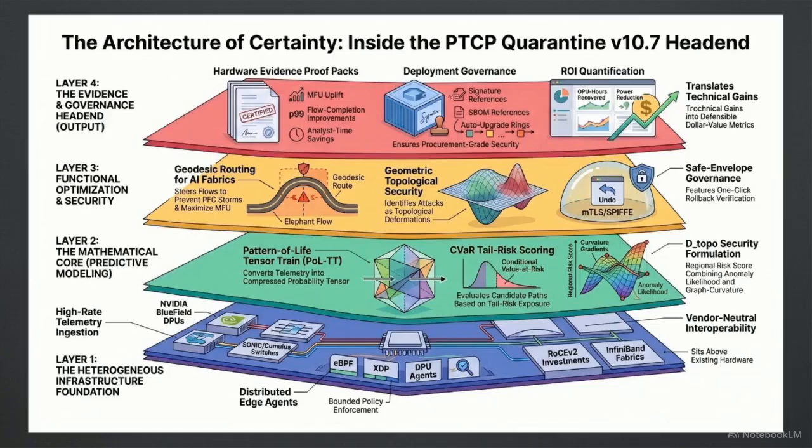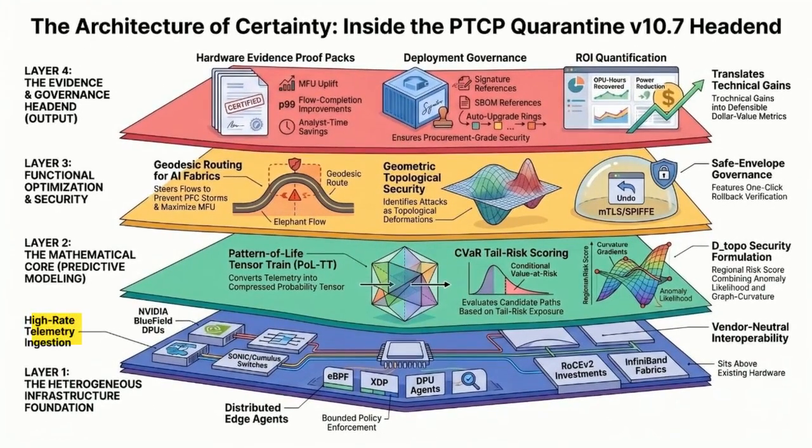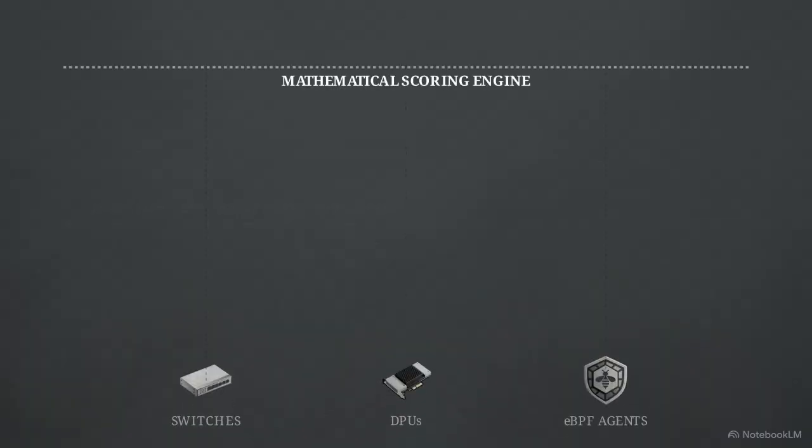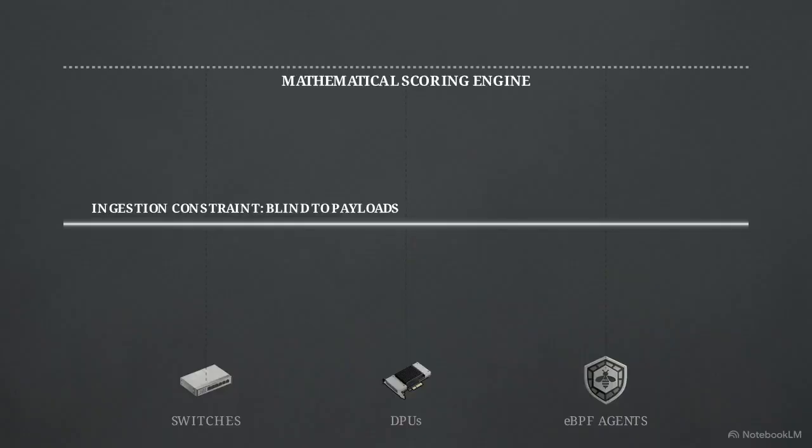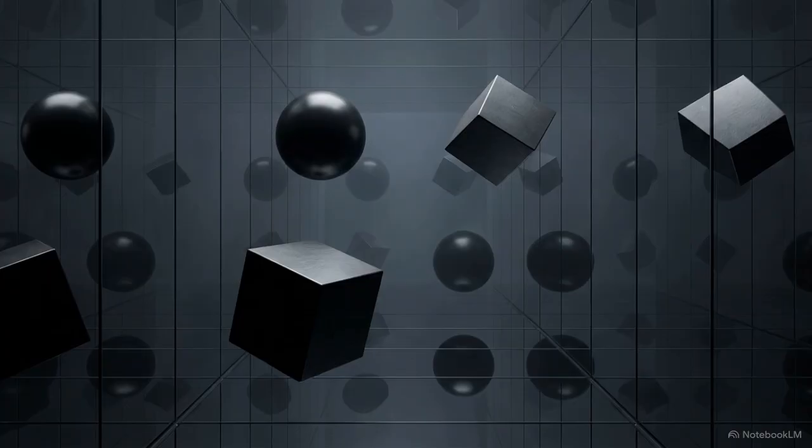This diagram outlines the PTCP quarantine architecture of certainty, a 4-layer blueprint translating network geometry into defensive action. At the base, Layer 1 ingests continuous non-semantic signals. It pulls metrics from heterogeneous hardware, like DPUs, eBPF agents, and switches, under a strict constraint. Raw payloads, commands, and secrets are outright rejected by design. None of it enters the scoring path. Instead, telemetry is stripped into dimensionless capacities. This discards sensitive data at ingestion, sidestepping privacy liabilities and data retention risks, while isolating the structural signals required to